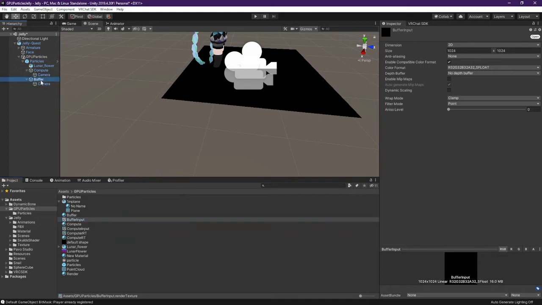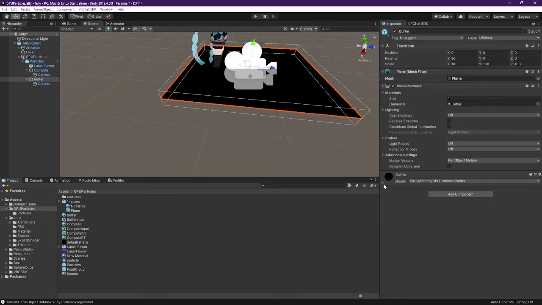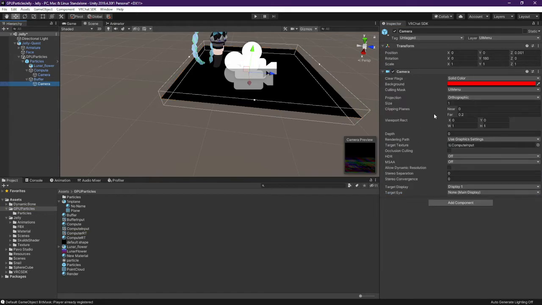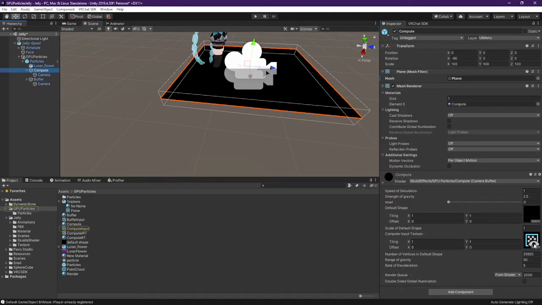So buffer input goes into buffer, obviously, or actually that takes compute RT. Okay, well, wherever. That renders the compute RT. This camera then looks at the input, which then goes here. Here's the compute input. The default shape is the default shape for the particle system. This is something that's pre-baked, and I'm glad it is working, because if it didn't work, this would not work